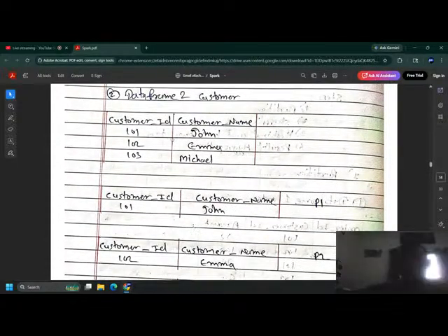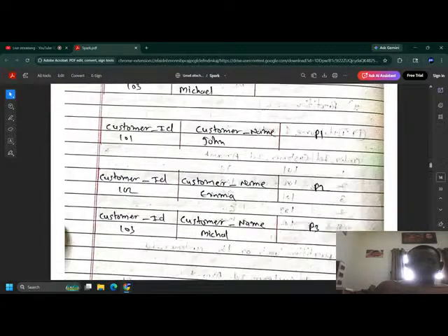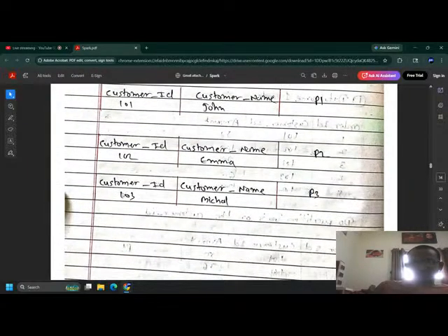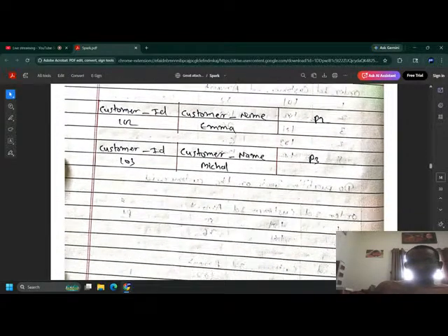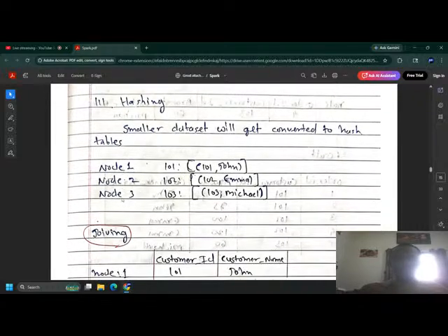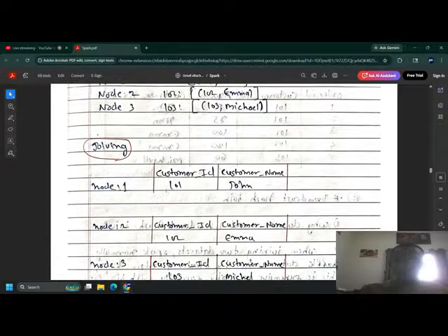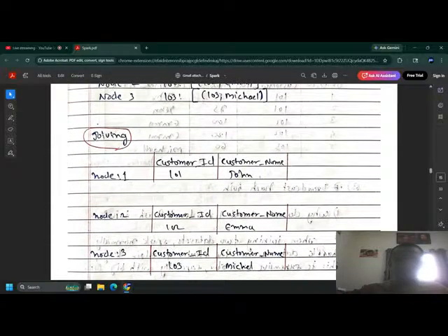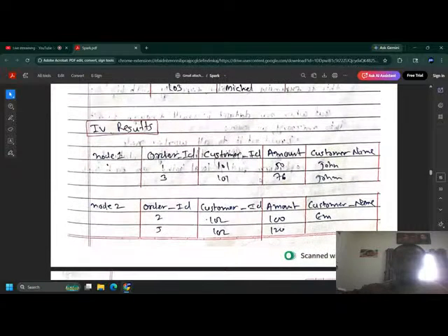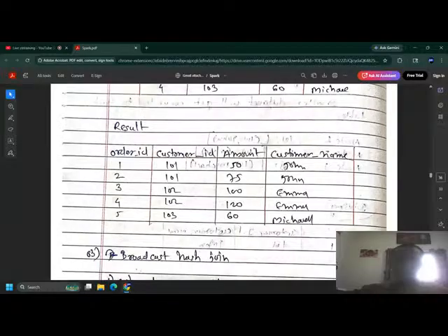The second data frame is customer. We also partition it the same way using customer ID. This is John, 102 is Emma, 103 is Michael. Hashing: the smaller dataset gets converted to a hash table on node 1, node 2, node 3. And joining happens on node 1, node 2, node 3 by customer ID. The result on node 1 is 1, 3, 1, 0. This is the amount of John. Then node 2, node 3, and then the result will be